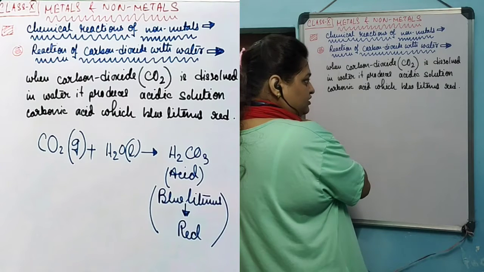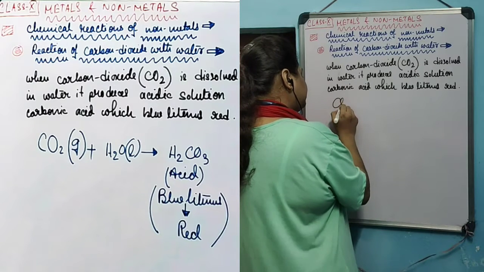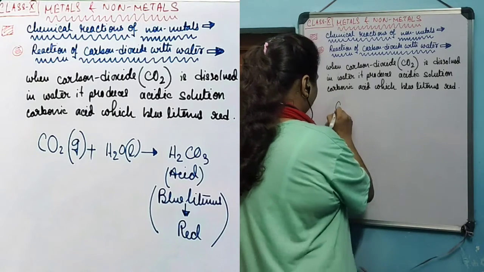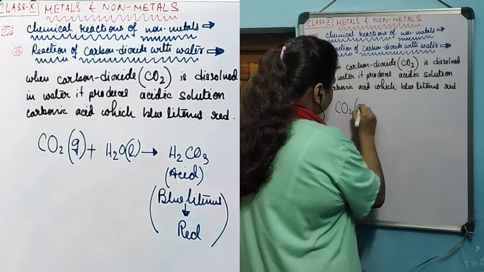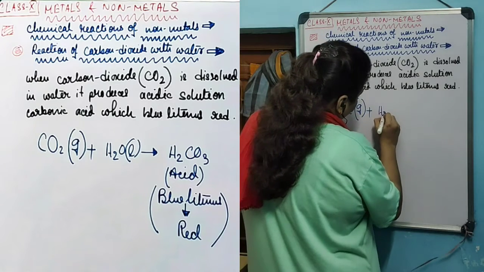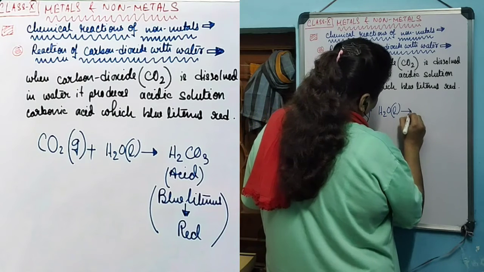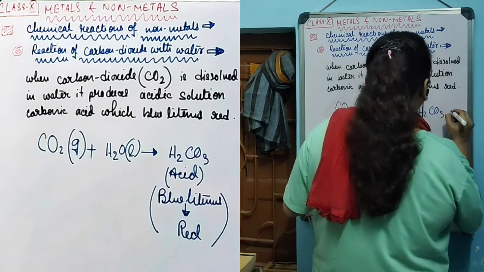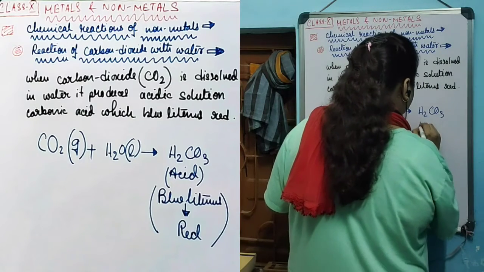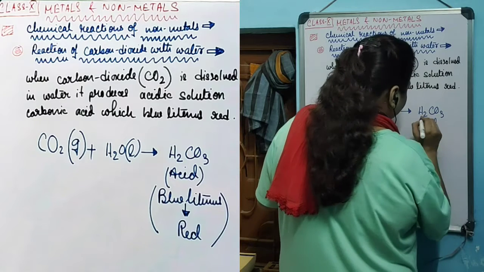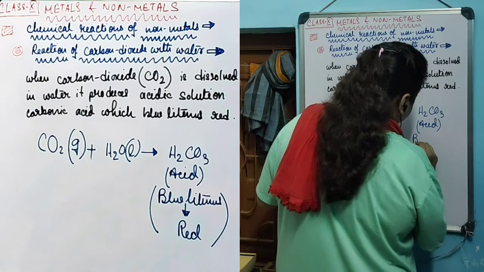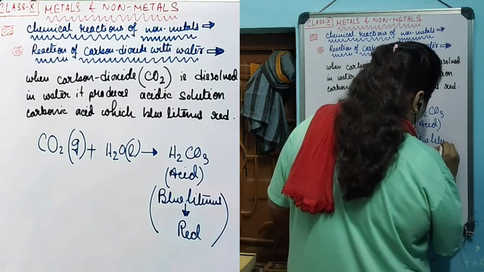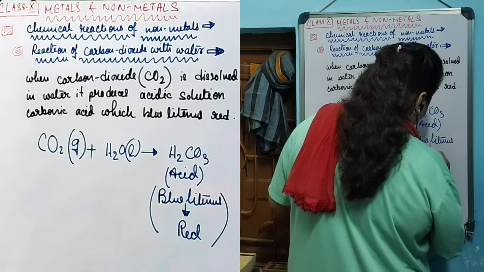The chemical reaction is as follows: CO2, which is gaseous in nature, dissolved in water liquid, produces H2CO3, carbonic acid. The solution of this acid turns blue litmus paper red,